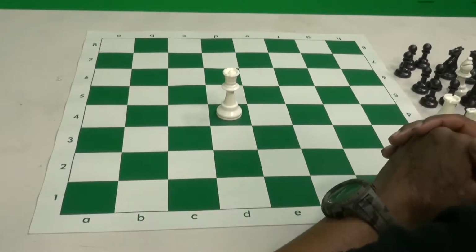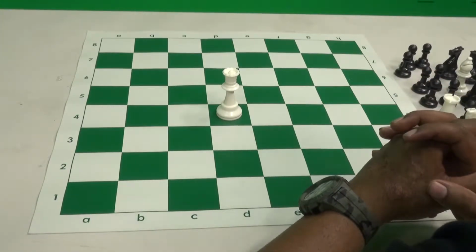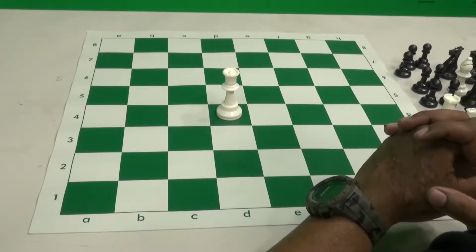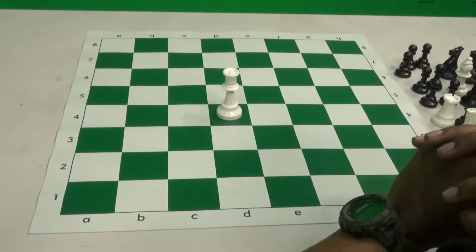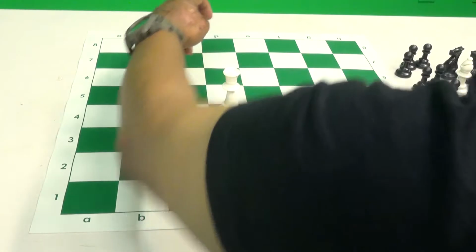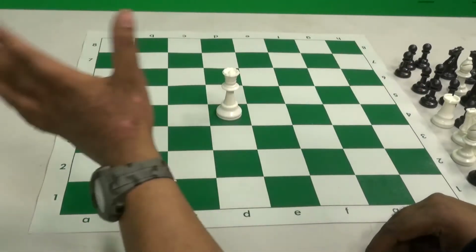So I mentioned earlier that pawns cover a max of 2 squares. Knights cover a max of 8 squares. Bishops cover 13 squares. And then rooks cover a max of 14 squares. So, with that said, the queen can cover 1, 2, 3, 4, 5, 6, 7, 8, 9, 10, 11, 12, 13, 14. 14 squares alone,